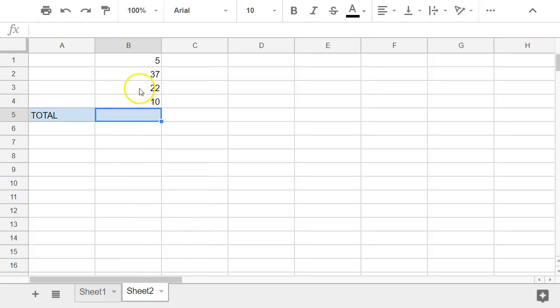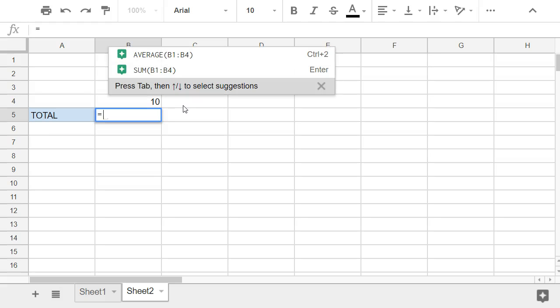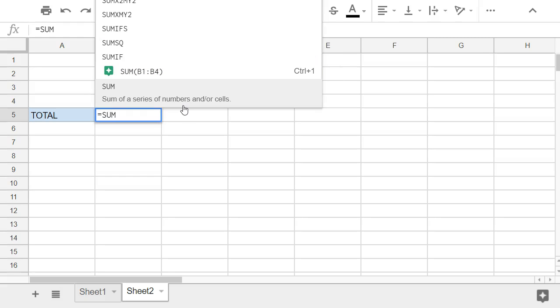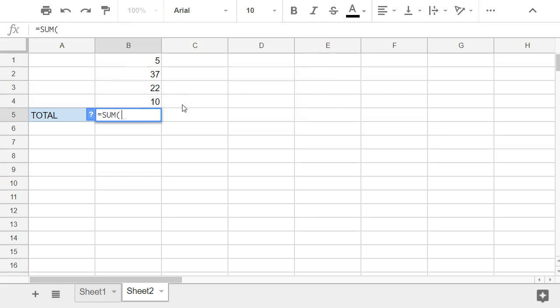I'm going to hop over to another example here, but if you have a bunch of numbers that you want to add up, I want that sum to be here. So in this cell where I would like the sum to show up, I'm going to go there, and of course I'm not going to type a number, I'm going to type in an equation so that Google Sheets will do the math for me. You start off with that equal sign, and then we're going to actually use a function called sum. So if you type in sum in all capital letters, put a parenthesis right there, equals sum parenthesis,